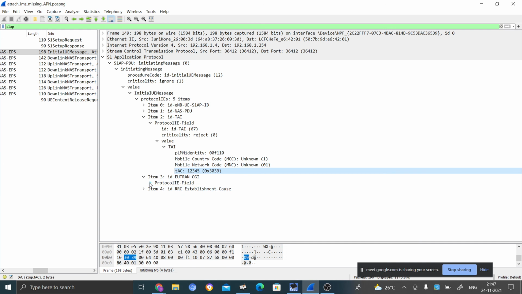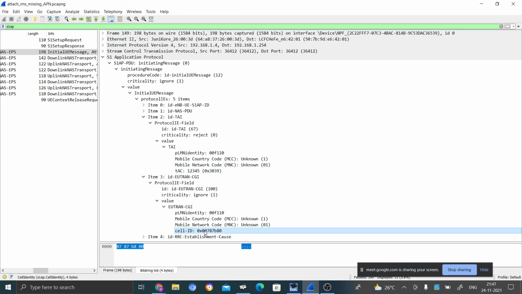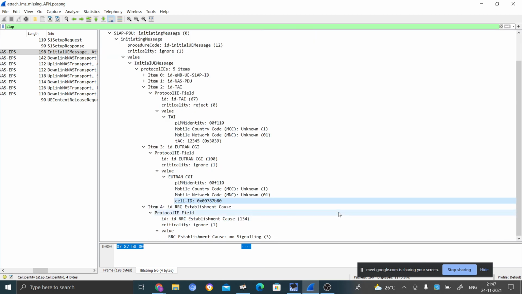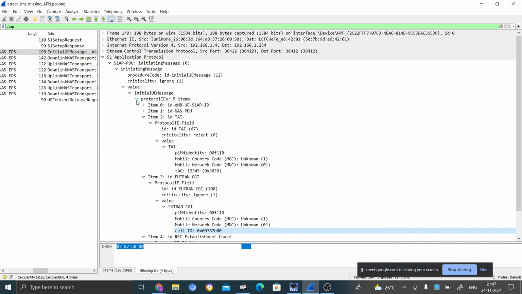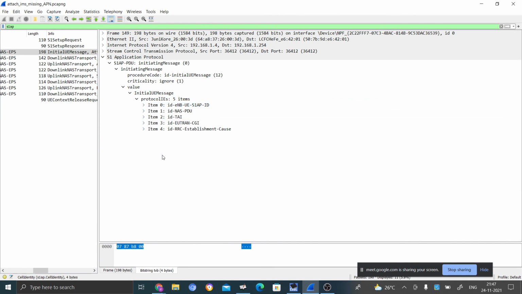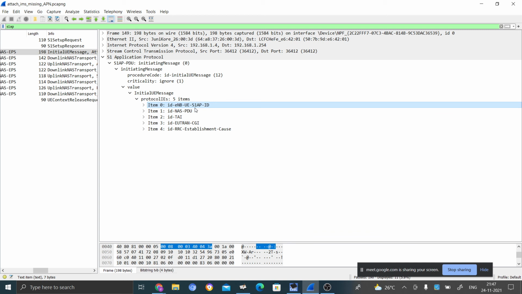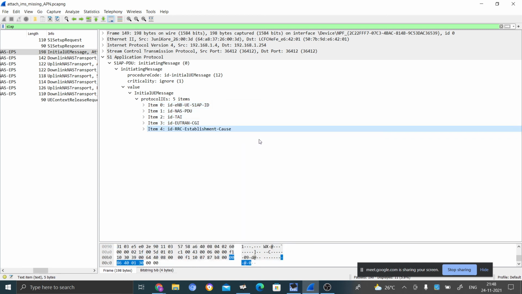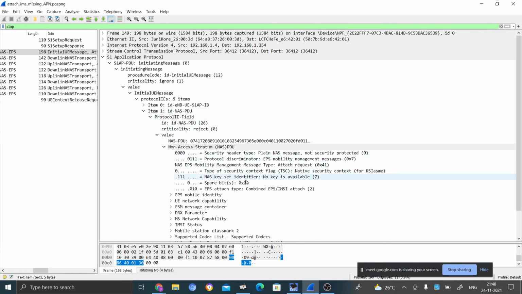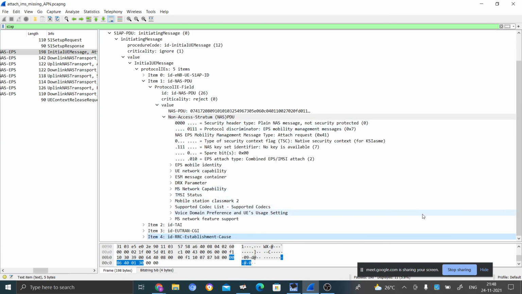Then the ECGI, the E-UTRAN cell global identity, which is globally known. Then the cause. So totally you can tell: the eNodeB UE S1AP ID, NAS PDU, tracking area identity, ECGI, and RRC establishment cause. At least if they ask something about the NAS PDU, you can tell these parameters.